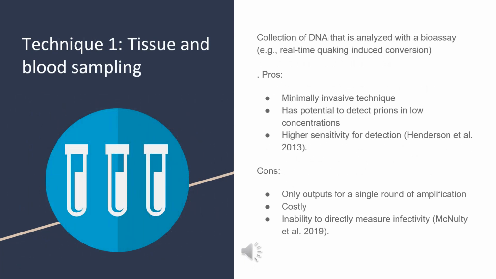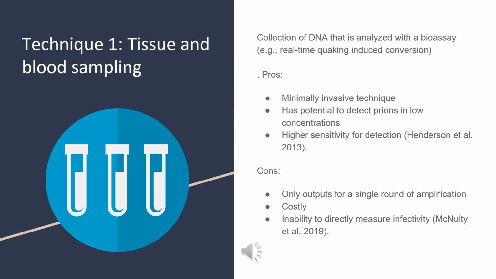One technique that is currently being used is biological assays through tissue and blood samples, meaning that DNA is gathered via blood or oral sample and is analyzed through desired bioassay. Henderson et al. showed that this technique is minimally invasive, which is ideal for management plans. This technique has also shown potential to detect prions in low concentrations, which is beneficial because this infection is usually